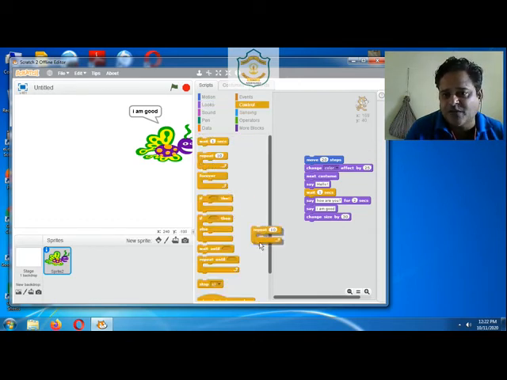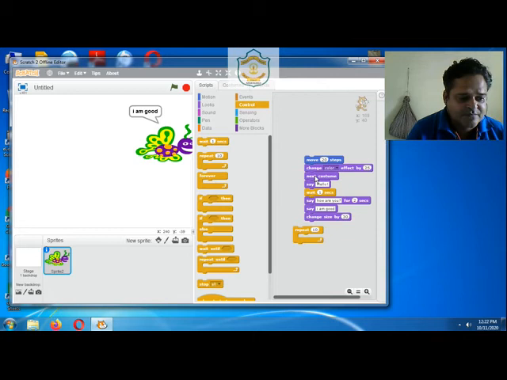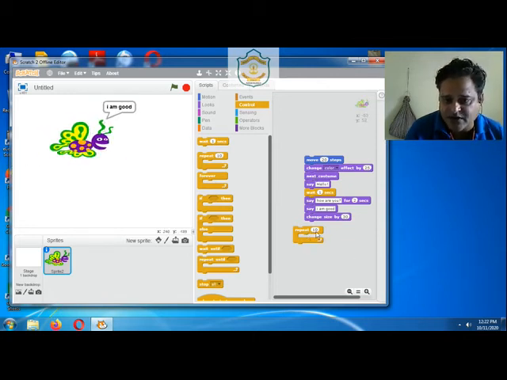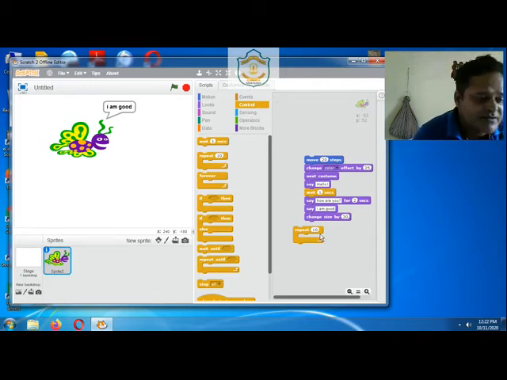This is the repeat block. I have placed it here. Whatever command you want to repeat again and again can be done by placing that block inside this repeat block. So as given in the book, let's do the same one.